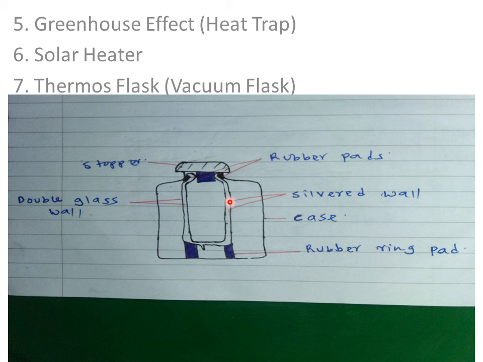So a common question here is that you can be asked to state how heat loss is minimized in a flask. So you simply say a flask has double walls which have a vacuum within them that prevents heat loss by conduction and convection. Then a glass flask has its inside wall silvered to prevent heat loss by radiation. Then it has a stopper that prevents heat loss by what? Heat loss by evaporation.